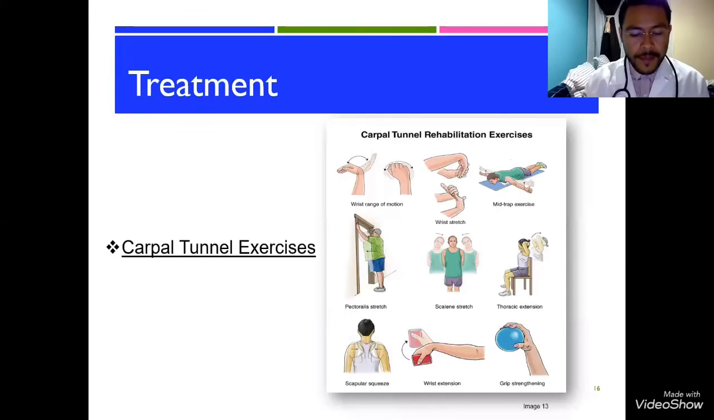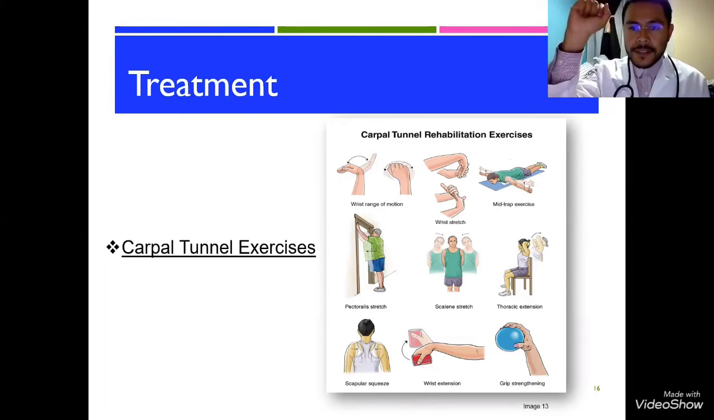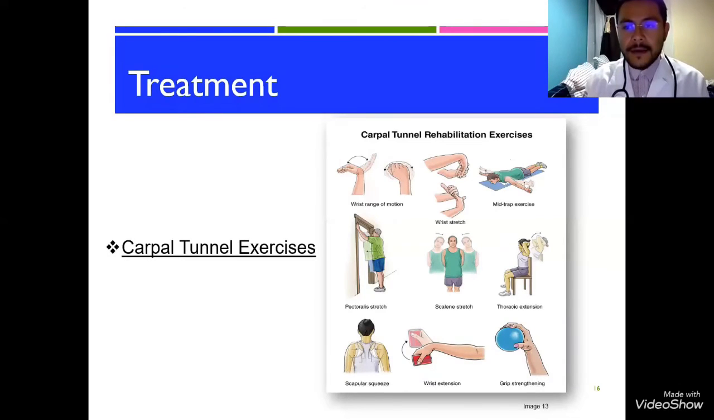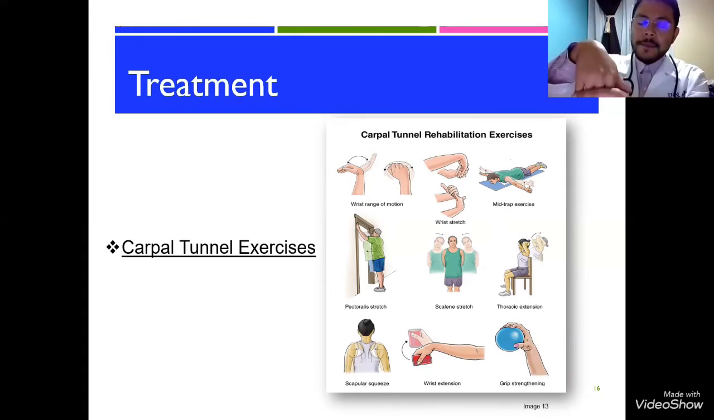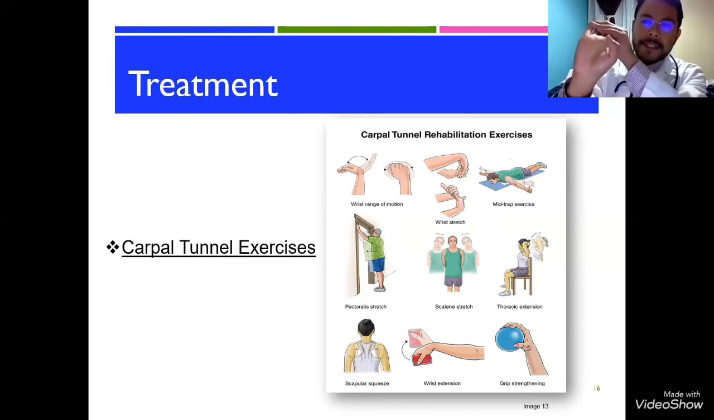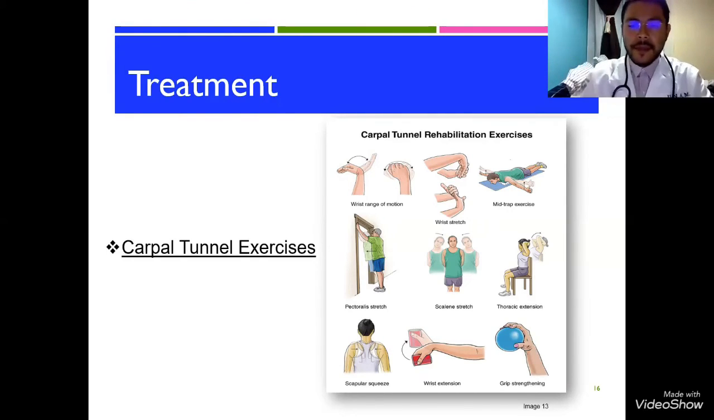In the treatment, the easiest thing to do is exercises. Look at the range of motion and the flexion or extension of the hand. And the other movements are the wrist stretch, hyperflexion, hyperextension of the wrist. And the other movements are the